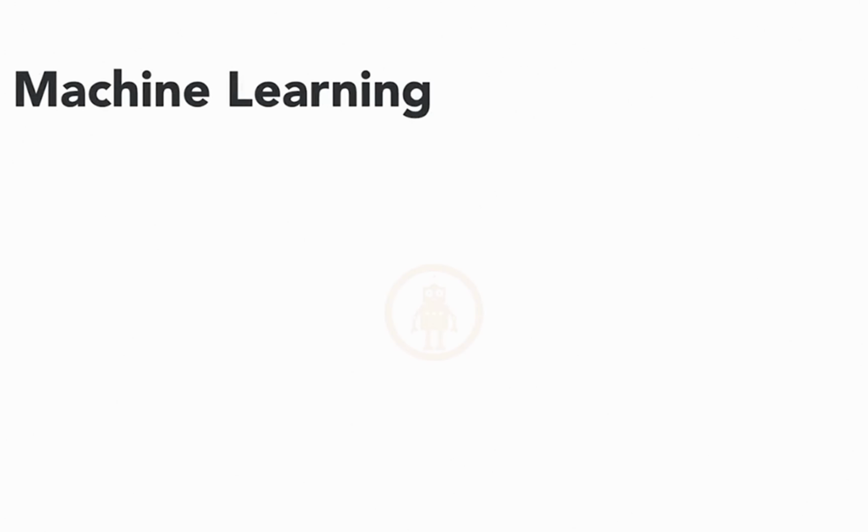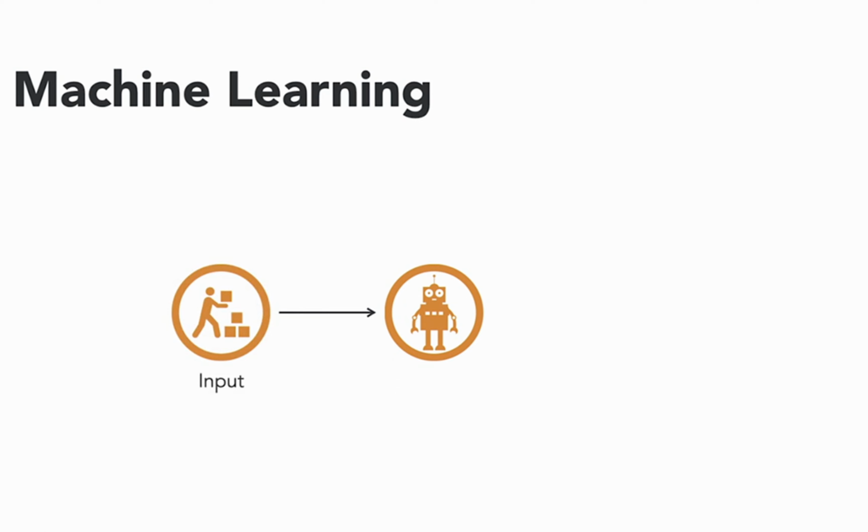Specifically, Arthur Samuel wondered, what if we gave a computer just the input data and the output or the end result of previously accomplished tasks? Could a computer figure out the best set of instructions that would yield the given output based on the data that was provided to it?